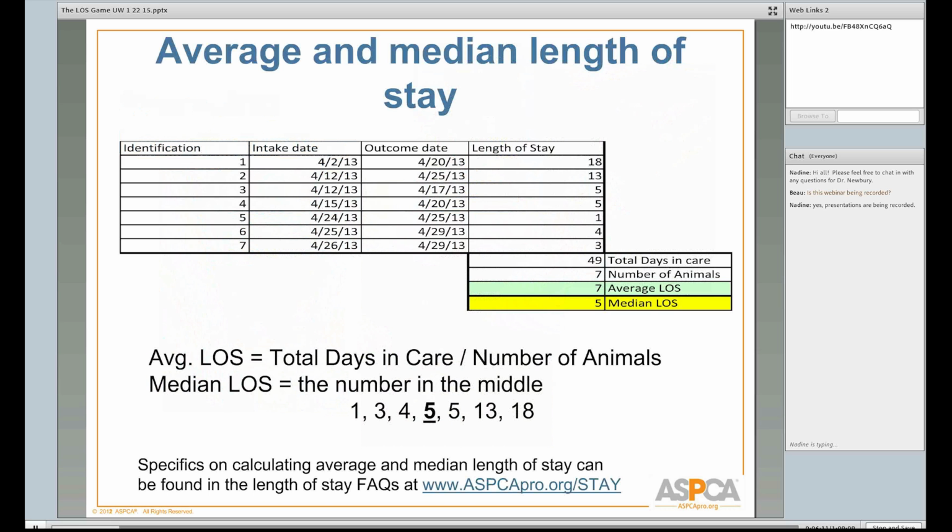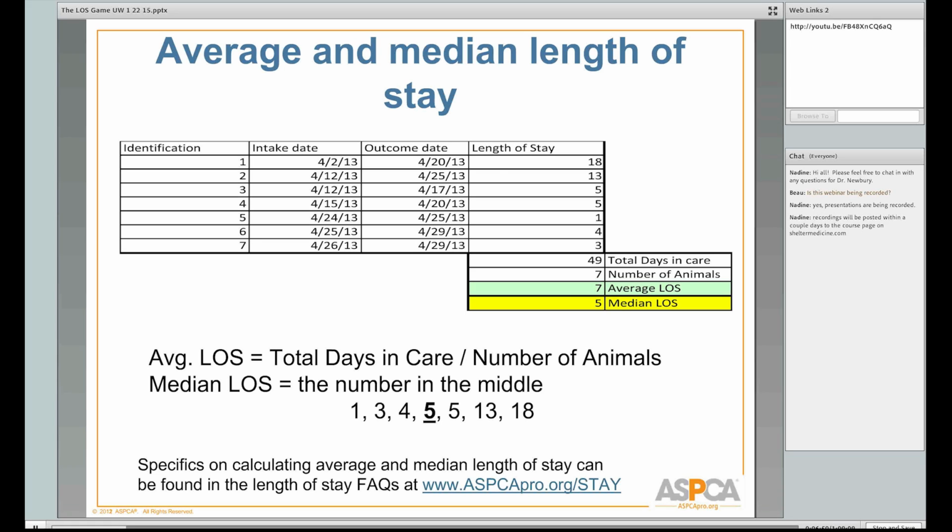Sorry. I'm going to talk about this really quickly, and the only reason I included this slide is everybody always says, well, why don't you use the median? I don't use the median because most people are used to the concept of averages a little better. It's important to realize that if you have outliers when you're considering an average, so if you have some animals who stay a super long time, then your average will be different than the median, and the median might be a better representation of that kind of middle value. But for today, and for most of what we do, the average works quite well.